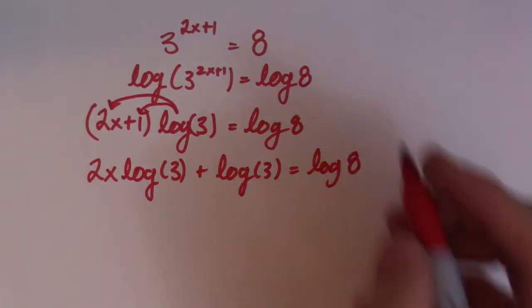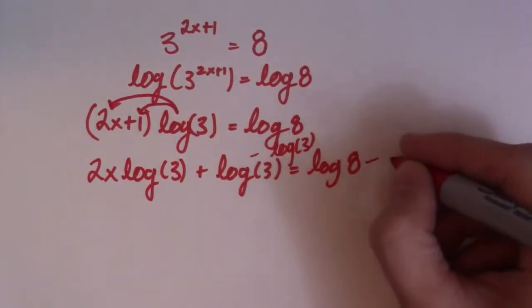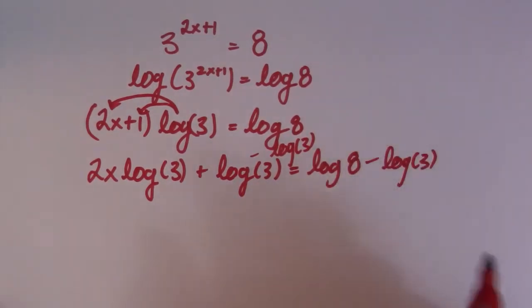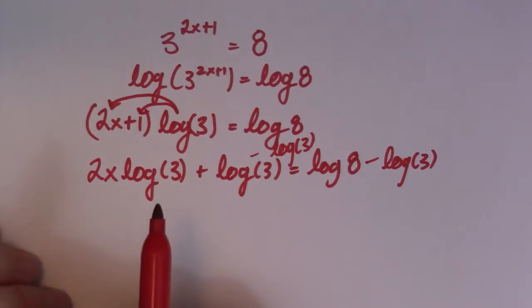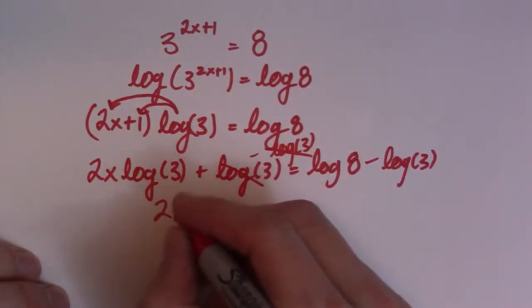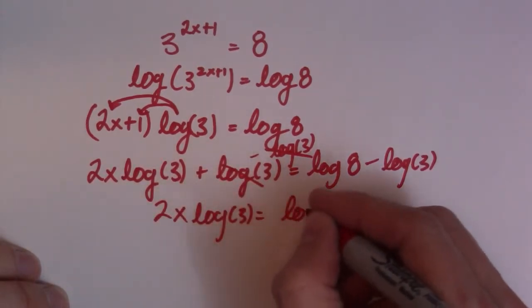So now all I do is subtract log of 3 from both sides. So you can see how there can be a little bit of a difficulty spike in this pretty quick, right? Just by adding a slightly different exponent, you have a lot more algebra going on. So these logs cancel. So now I'm left with 2x log of 3 is equal to log of 8